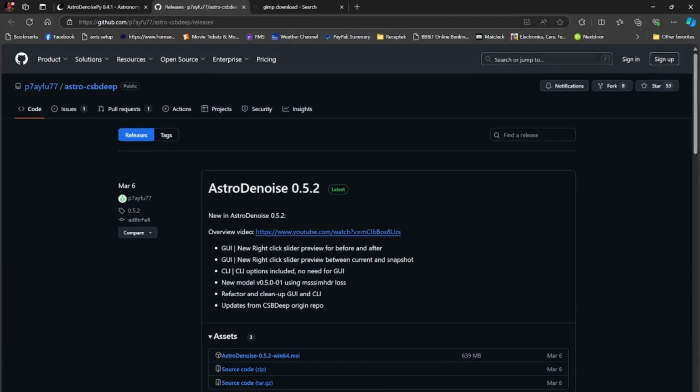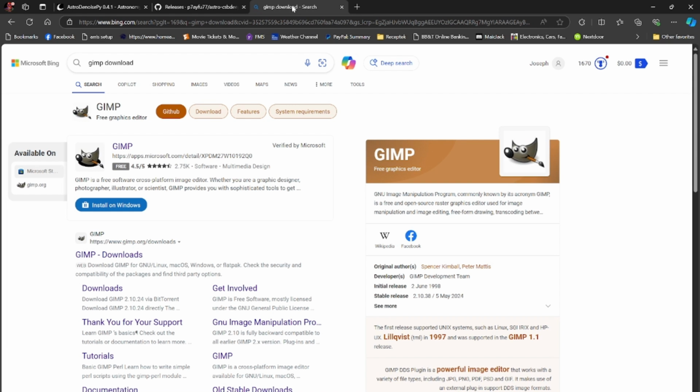called Astro Denoise, and the version is 0.5.2. This, like I said, is free software that you can download online. I'm gonna put the link somewhere in the comment section, I guess. And the next one after that's gonna be GIMP. There's also free software that you can get even from the Windows